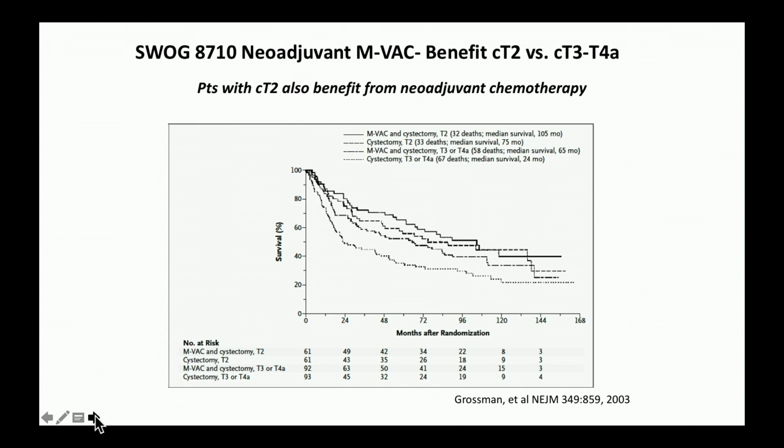If you just set aside the squamous for just a second, the truth of the matter is that both patients with clinical T2 and more locally advanced cancers benefit from neoadjuvant chemotherapy. So we don't withhold this for really any patient with muscle invasive cancer who has an adequate EGFR and no comorbidities that would otherwise prevent them from getting